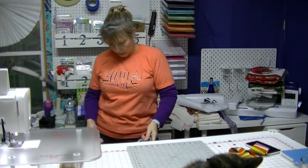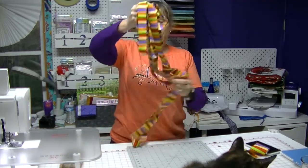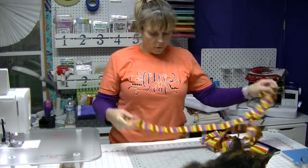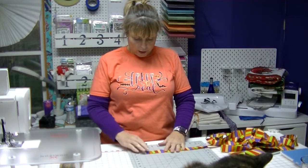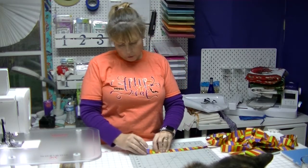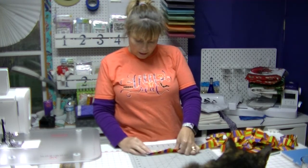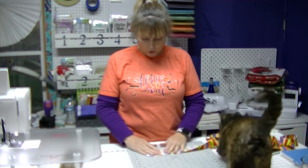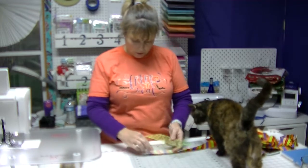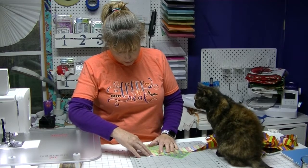Okay, then you need to find some sort of surface that you can cut on that tells you angles, because you need a 45-degree angle. So what I'm going to do is, here's a 45-degree line. I'm going to open my binding. I'm going to go past the selvage. I'm going to put my ruler down on the 45-degree line,